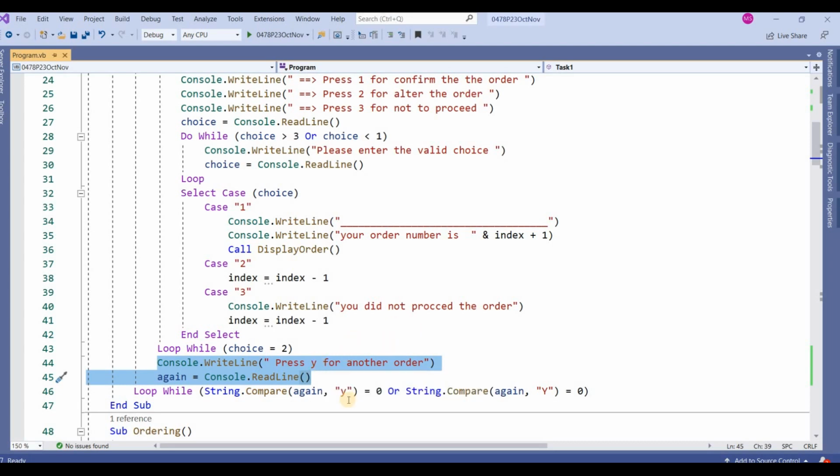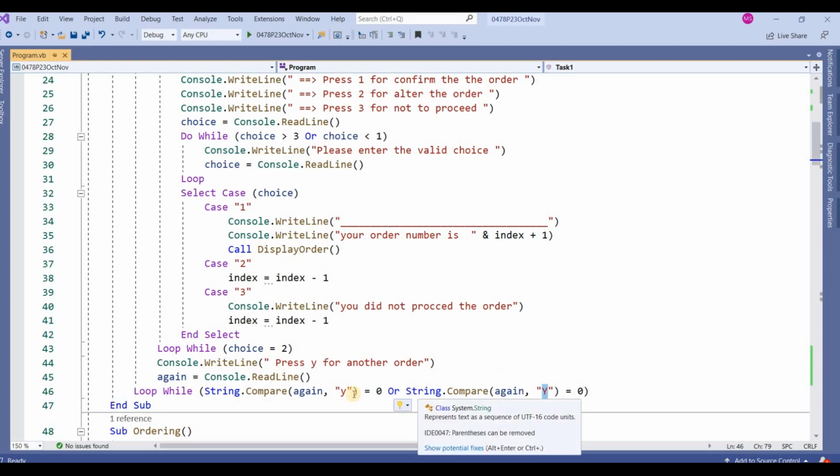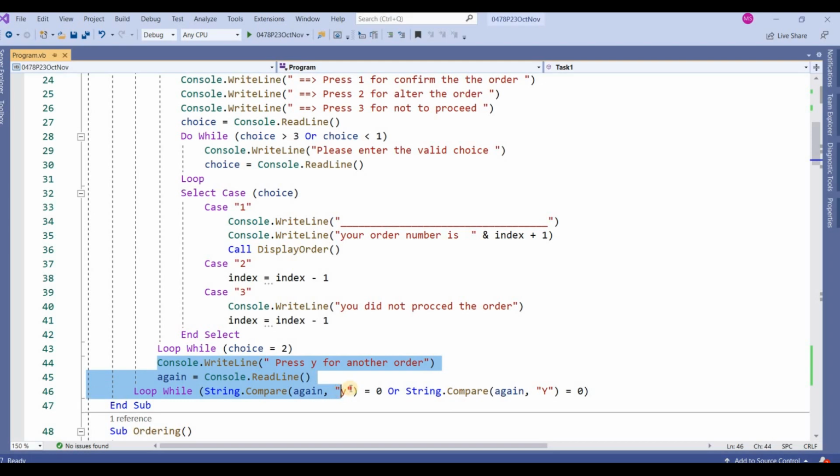If the user enters small y or capital Y, either one, it will repeat the process again. It will ask the order again, next order, new order. Clear? Till now it's clear.